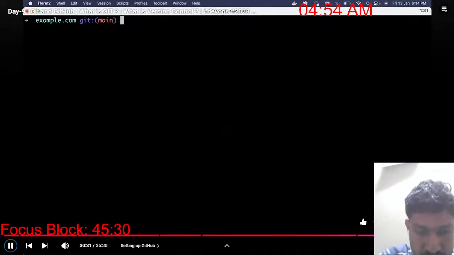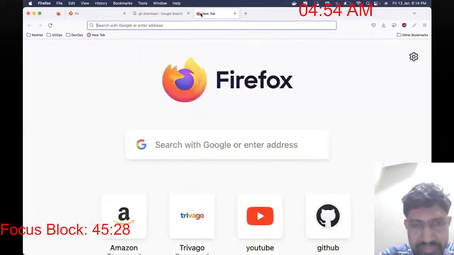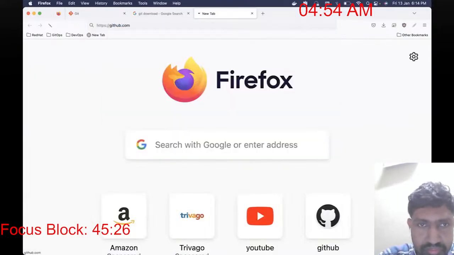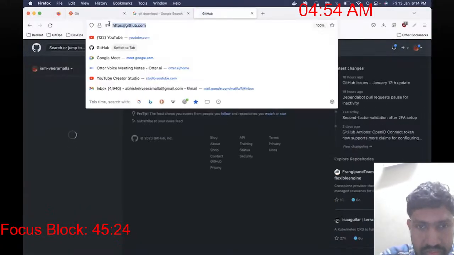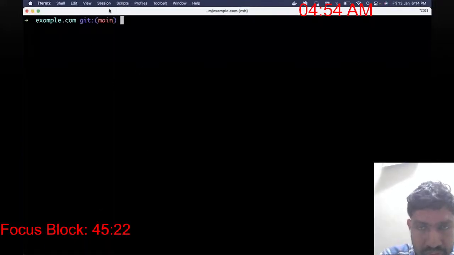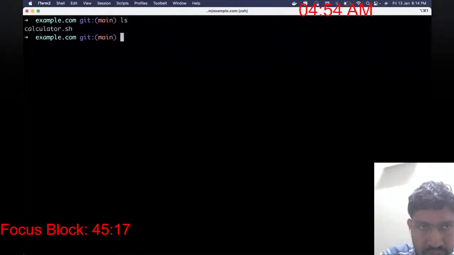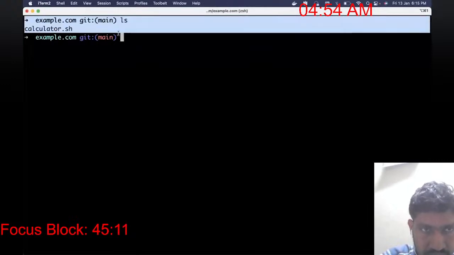So let's say your organization is using GitHub. What you have to primarily do is create an account with GitHub. Because I'm the owner of this repository, this is the repository that I am owning, and let's say I just want to share it with my entire organization. So what I have to do is not just have a copy of it in my laptop.